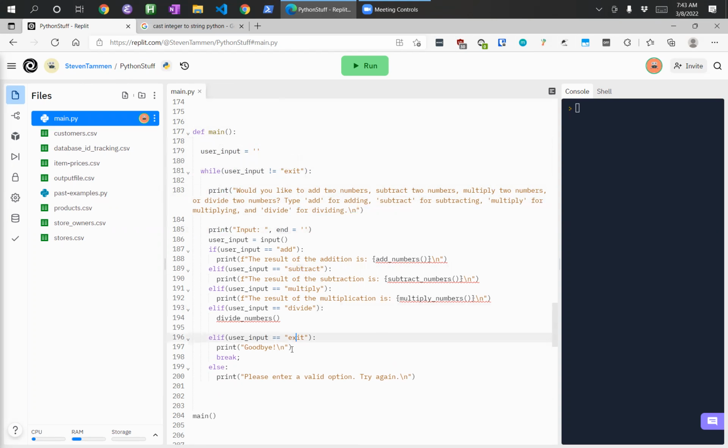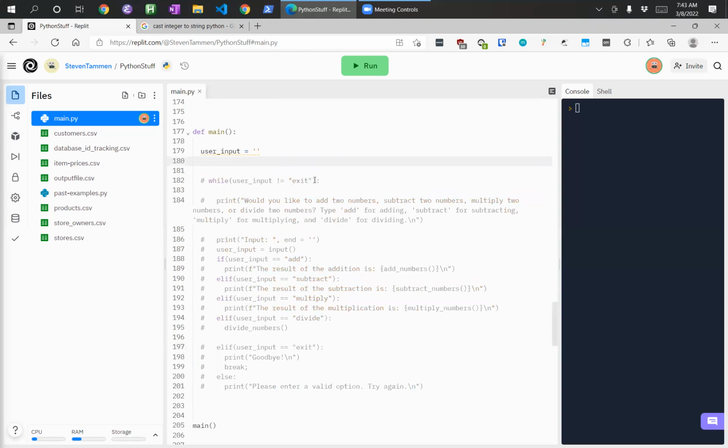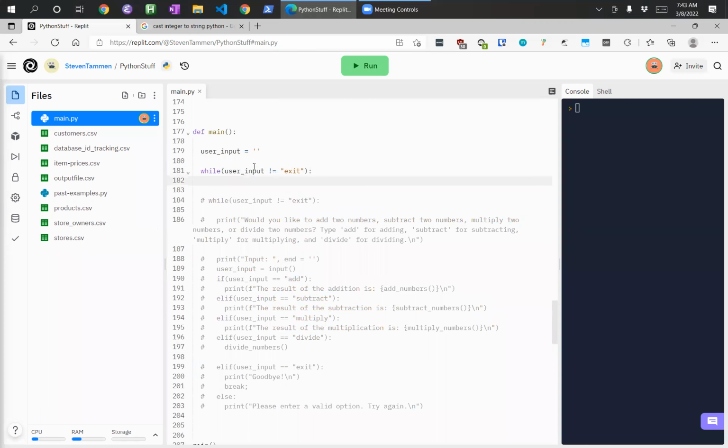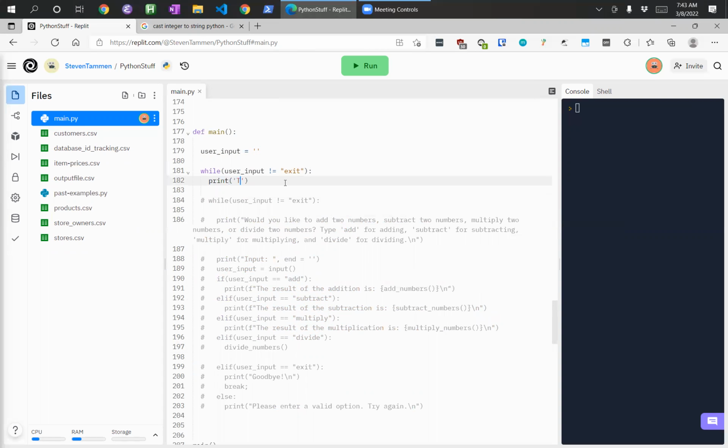So in this application, we didn't have state. We didn't have the idea of users or anything. But the first thing that we should do here, so let me just go ahead and comment all this out. Same sort of things here. We're going to have a while loop, and then within that, we're going to have a print statement for, and then we'll have